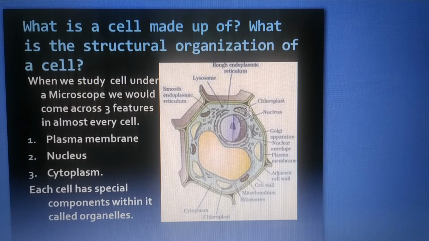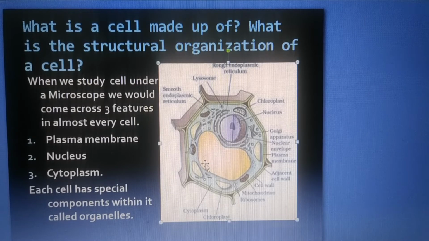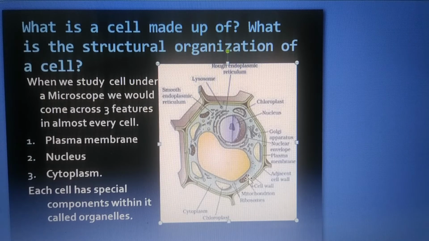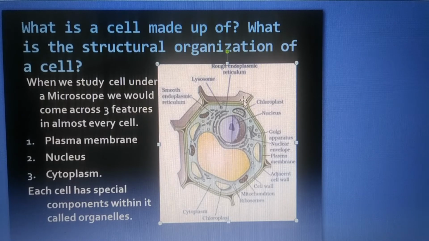If this is one example of a plant cell we have taken here, this is the inner part. Here there is a plasma membrane, and after that, whatever you are seeing in this part is a cell wall, which is present in plant cells. That we will discuss later. At present, let us see that it has a plasma membrane, and inside it has a nucleus, and this fluid part that you are finding is called cytoplasm.